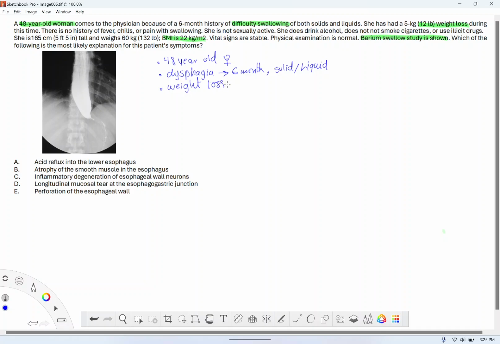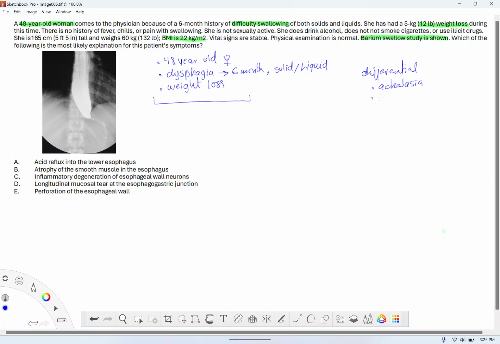Okay, when you hear a slightly older person, like in their late 40s and 50s, with dysphagia and weight loss, you should be thinking of the differentials. Our differential diagnosis, and I'll tell you why I pick one or the other, should be achalasia,